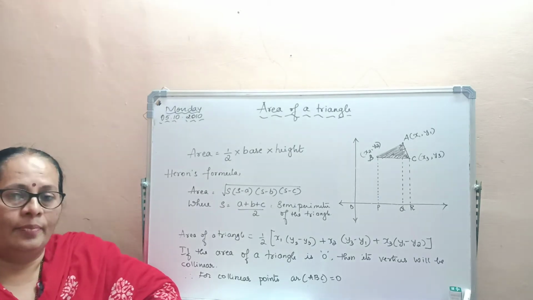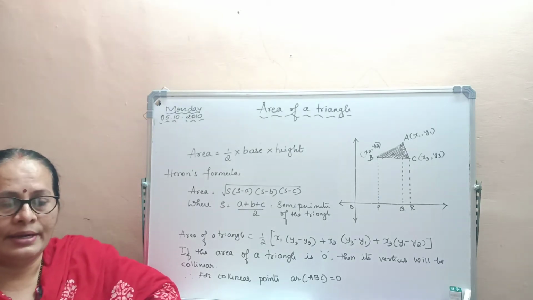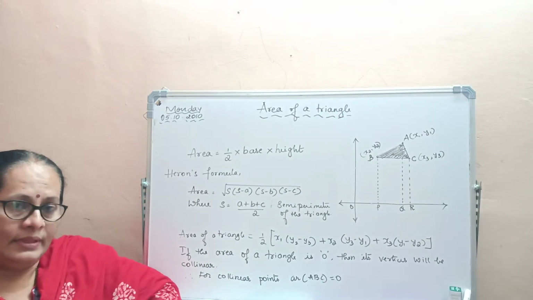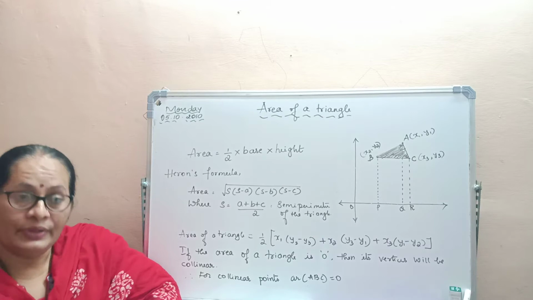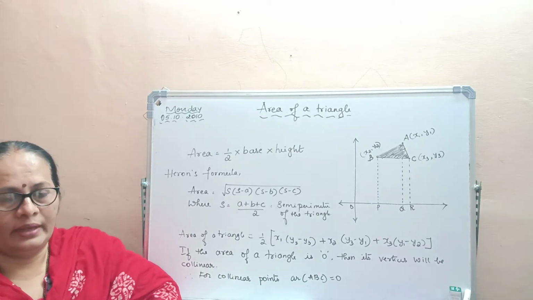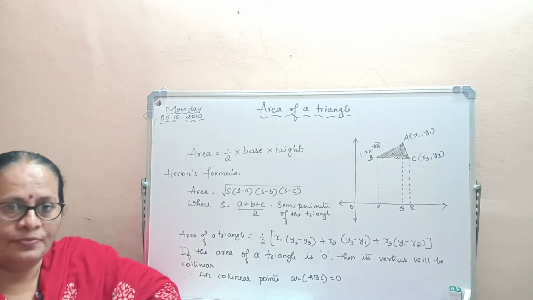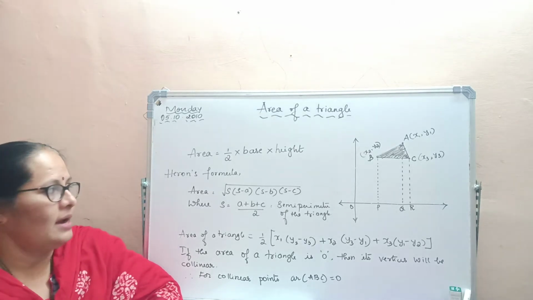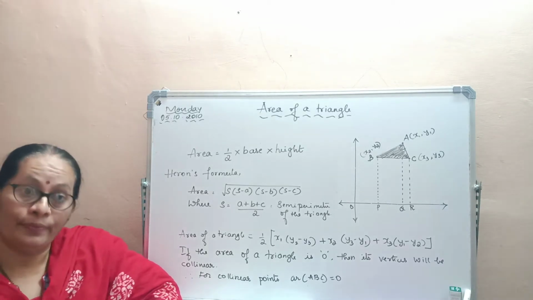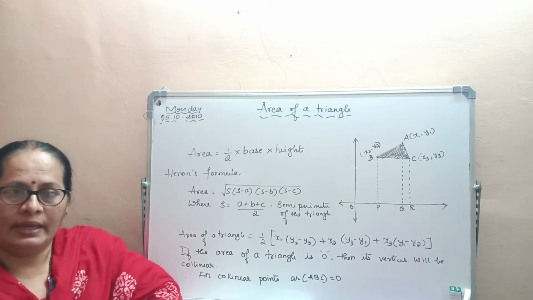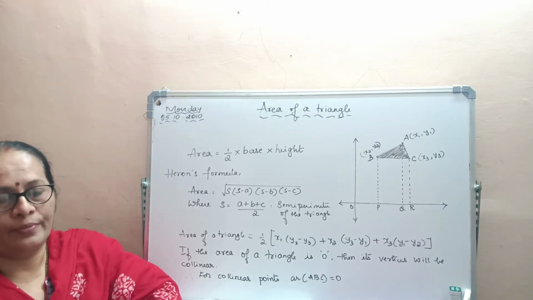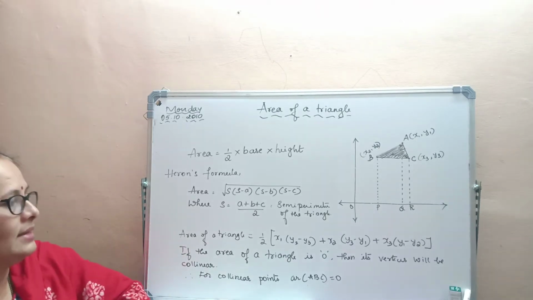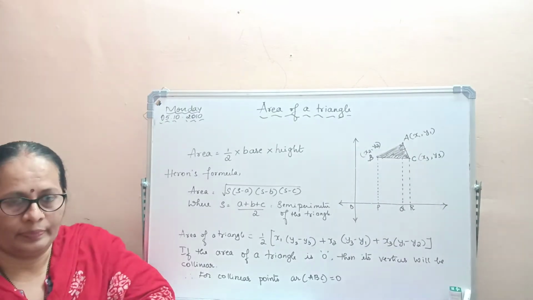find the point at which the line is divided into two equal parts. Even when the line is divided into three equal parts, we can apply the section formula in the ratio 1:2 and 2:1. And when the line is divided into four equal parts, we can use the midpoint formula to find the points on the line. Today you are going to learn the area of a triangle.